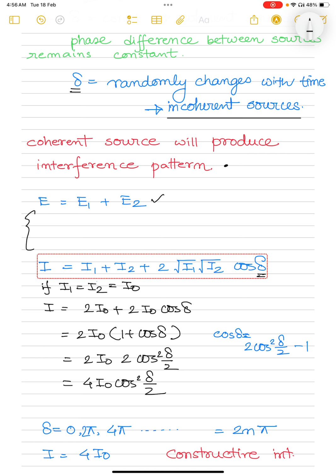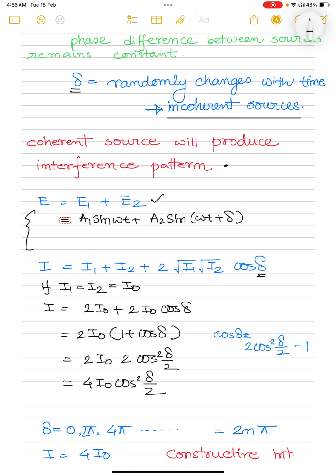So where do I get it from? Basically E will be equal to E1, which is A1 sine omega t, plus E2, which is A2 sine (omega t plus delta). Now we will need to simplify this,